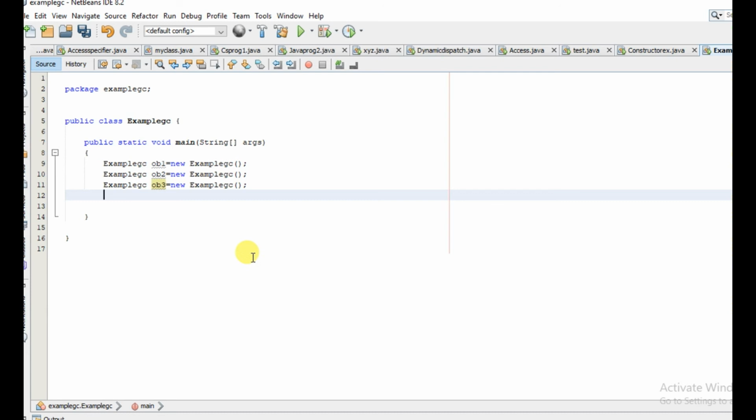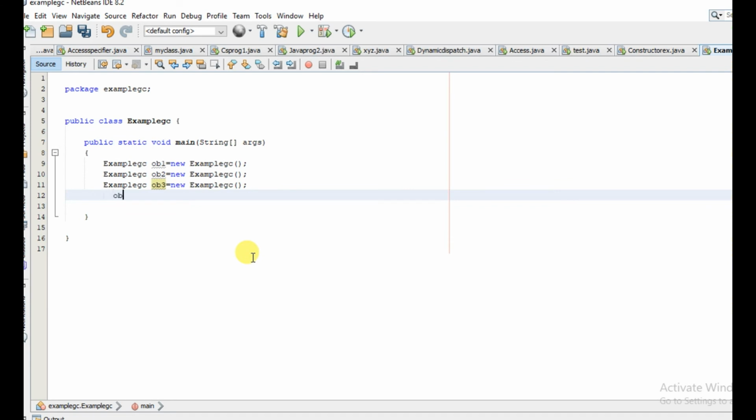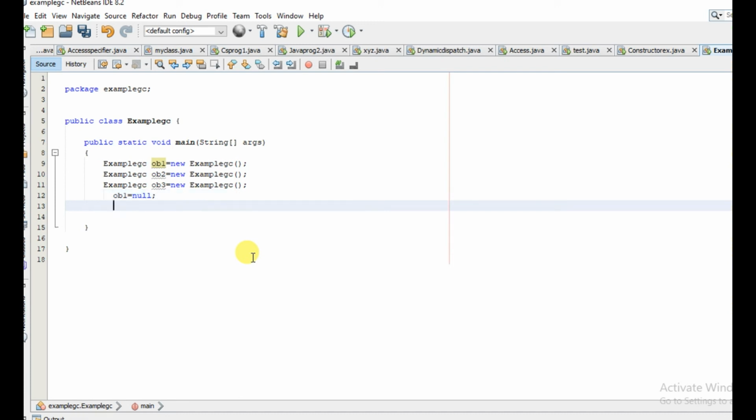Now let us make them eligible for garbage collection. I am making object 1 eligible for garbage collection by assigning it null, and let us assign ob2 is equal to ob3.